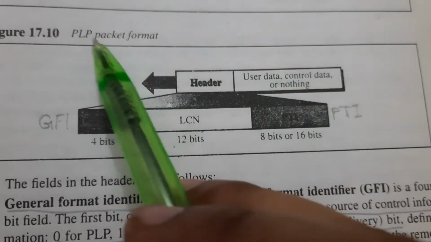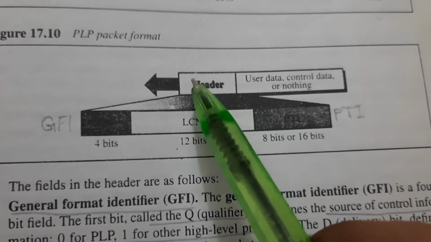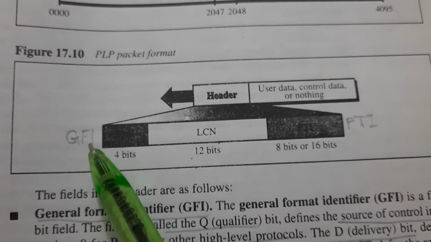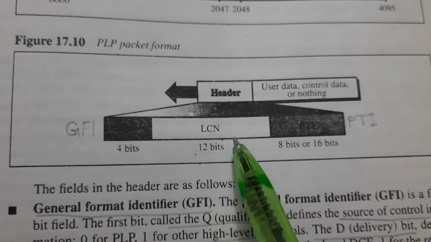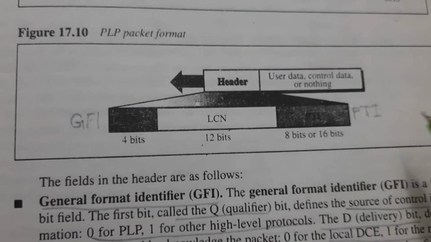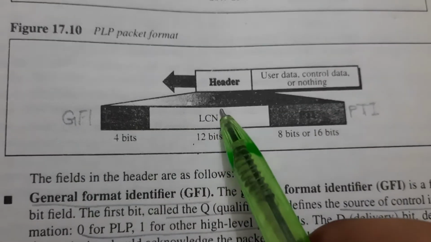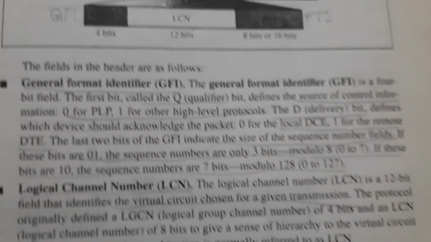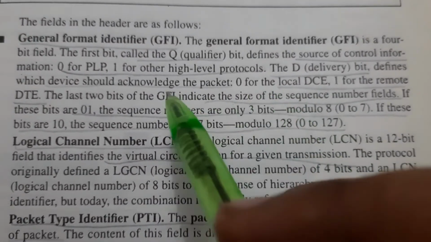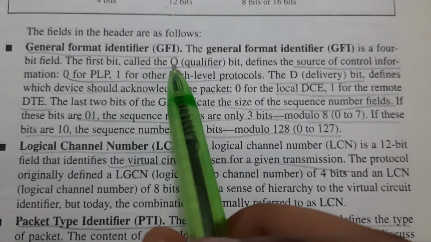Okay, so the PLP packet format uses a header and the data, and this header has the GFI, general format identifier, the LCN, logical channel number, and the PTI, packet type identifier. GFI uses 4 bits, LCN uses 12 bits, and PTI uses 8 bits or 16 bits. And the function of these three fields: GFI is a 4 bit field. The first bit is called the Q bit,